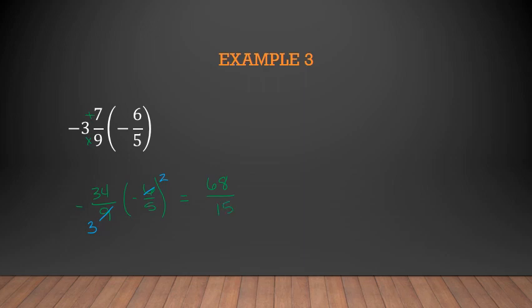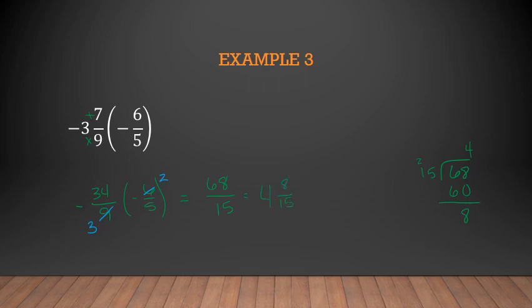Now the awesome part to this is you get smaller numbers, and outside of making it a mixed number, I don't have to simplify anymore. So I come over here and do 68 divided by 15. That's going to go in 4 times. 4 times 5 is 20, so you write down the 0 and carry the 2. 4 times 1 is 4, plus 2 is 6. 68 minus 60 gives me 8. So my final answer is going to be 4